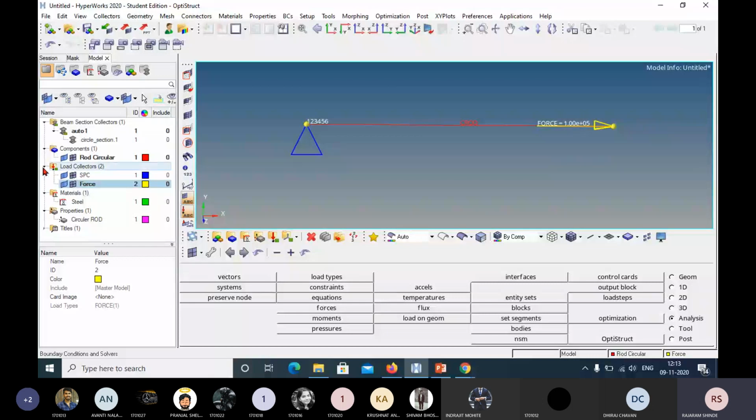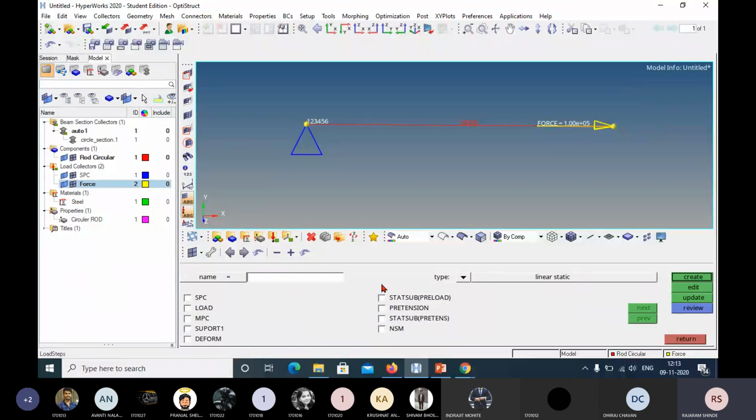In this you have to do the solver settings. For the second one, what is the meaning of this? It is a load step. Again in the analysis page, you have the load steps option. Click on this load steps option. Now enter the name of the load step.